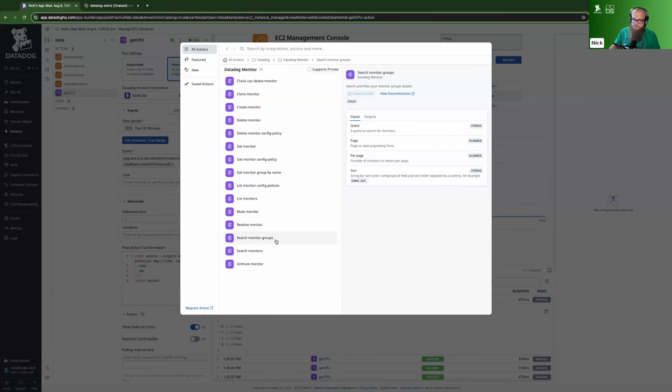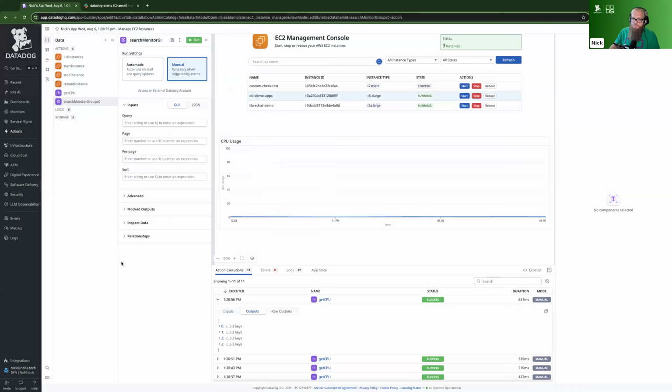If you do that, you get down a rabbit hole of creating way too many alerts and it's a lot to manage. So make sure you're using splits in your monitors. But let's search monitor groups as our input. So for our query, we can use the same syntax. And if you need help figuring this out, unfortunately, we don't have a quick graph type thing for monitors, but